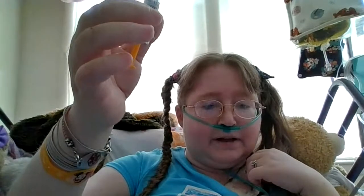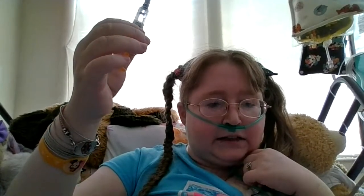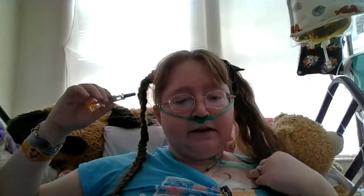This is my Lovenox. It's a blood thinner. A few years ago, I had a blood clot in my lung, and I was in the ICU for 6 days on a heparin drip. Because I have a central line, which is this thing right here that branches out into these tubes, this alone puts me at a high risk for blood clots. Then you add to the fact that I'm immobile, that puts me at risk for blood clots. Add to that the fact that I have a history of a pulmonary embolism, an embolism in my arm, and a DVT that like a billion times a billion magnifies my risk of another pulmonary embolism, which could be deadly